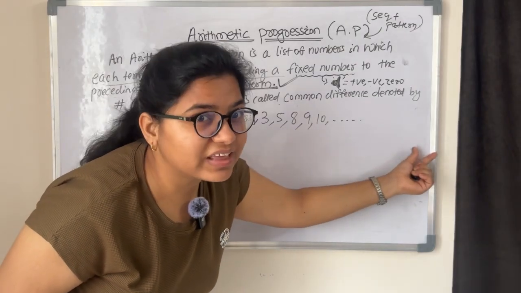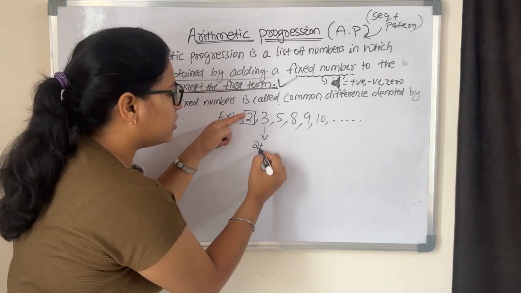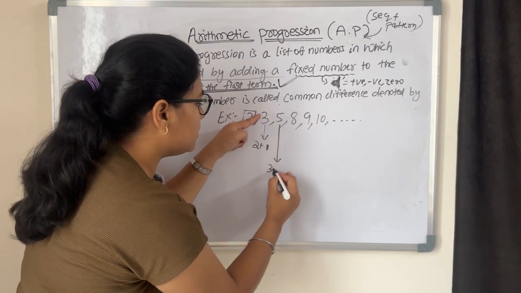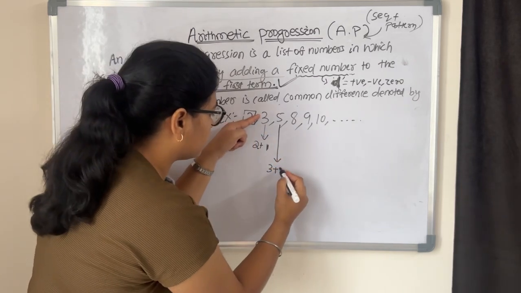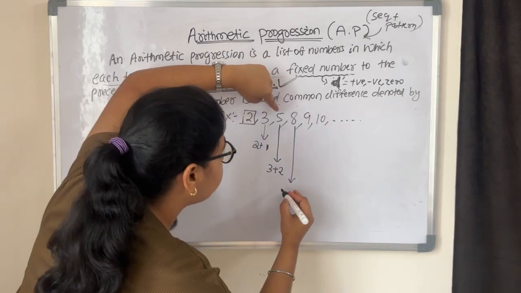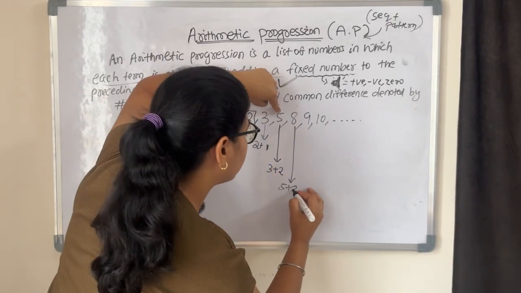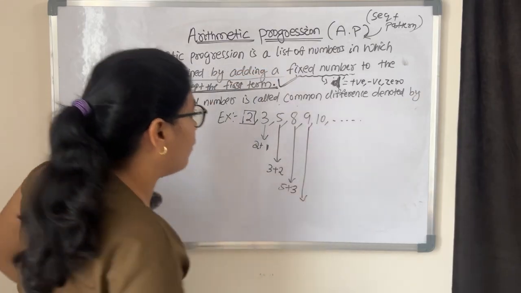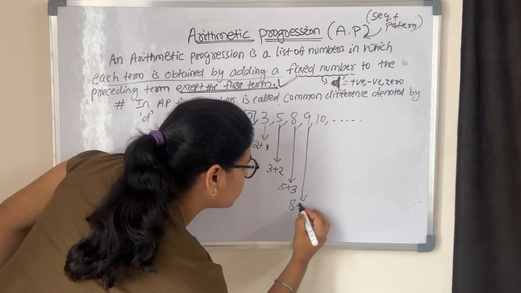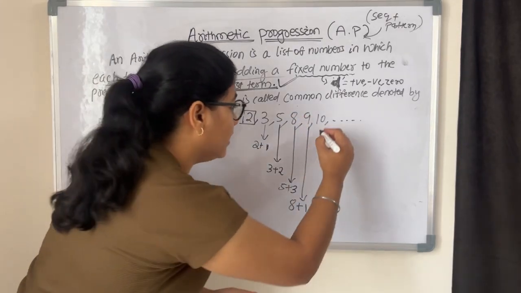Start checking from the second term. So it can be written by this 2 plus which number? 2 plus 1 is 3. You know that. This can be written by 3 plus what? 2. Yes, very good. What is 8? I mean, how is 8 obtained? 5 plus anything. 5 plus 3. Okay. So what is 9? How is 9 obtained? 8 plus something. We don't know something. So 8 plus, you cannot write 2, 3. 8 plus 1 is equal to 9.